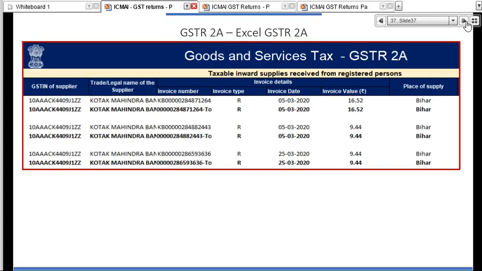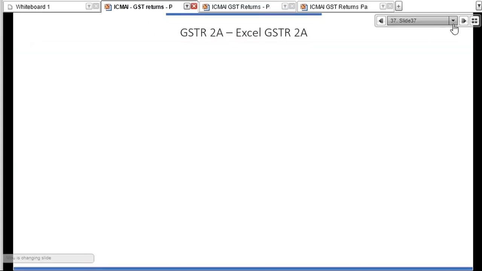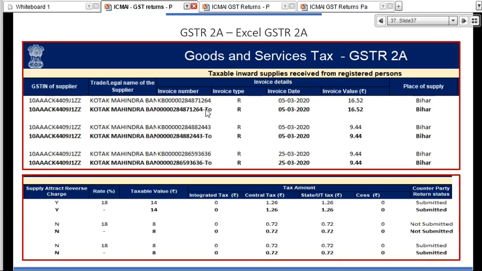Next, let's see how the Excel file will look. This is how the Excel file looks, right? GSTIN of supplier, trade name, invoice number, invoice type, where R means registered, invoice date, invoice value, place of supply, then whether the supply attracts reverse charge, yes or no, rate of GST, taxable value, CGST, SGST, and counterparty filing status, meaning submitted or not submitted.